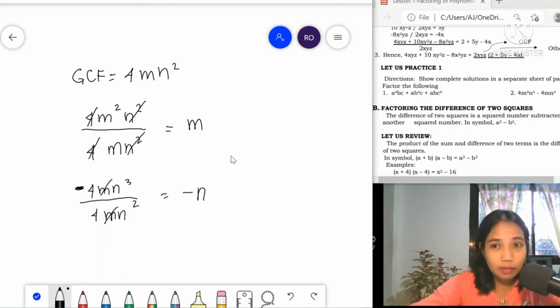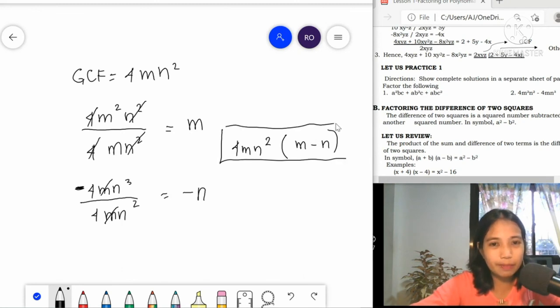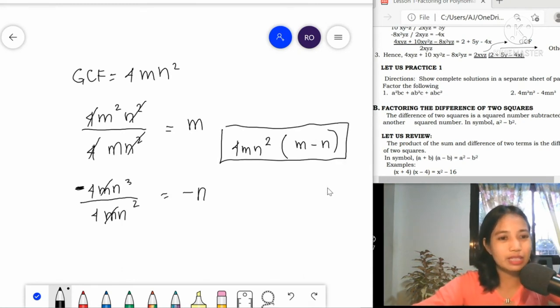Okay, so let's write the final answer. That is 4 m n squared, the quantity m minus n. So that's it. So you can now practice more para mas makabisado nyo ang mga steps sa pagkuha ng factors using the common monomial